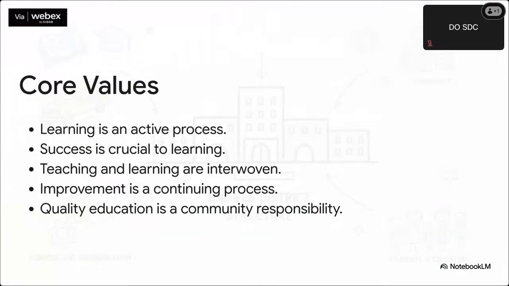And you can see how that main idea is held up by these core values. They believe learning is something you do, not just something you get. They understand that experiencing success, even the small wins, is what builds momentum for a student. But maybe most importantly, they believe quality education isn't just the school's job. They see it as a mission for the entire community. It's about building a whole support system, an ecosystem really, around every single kid.